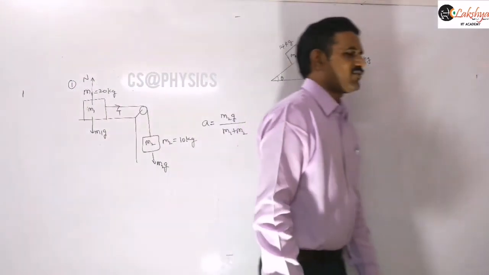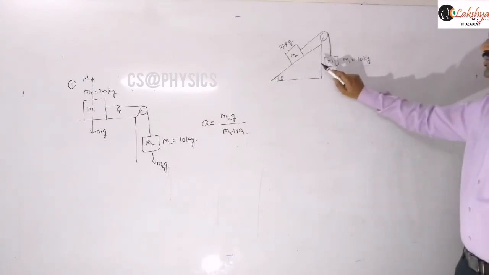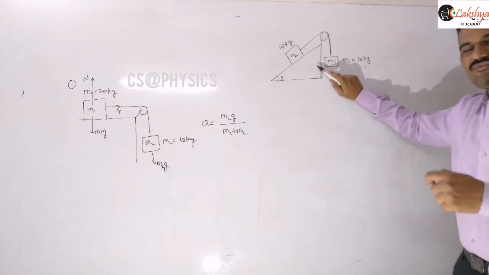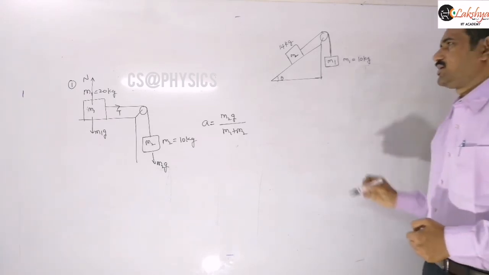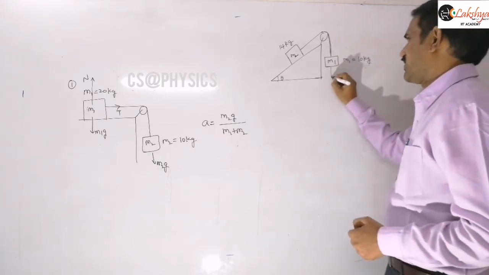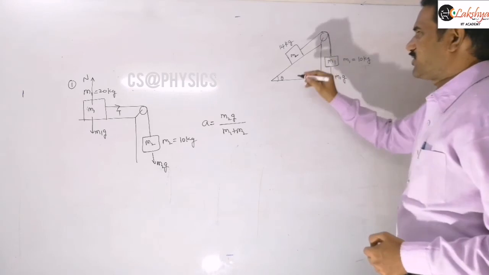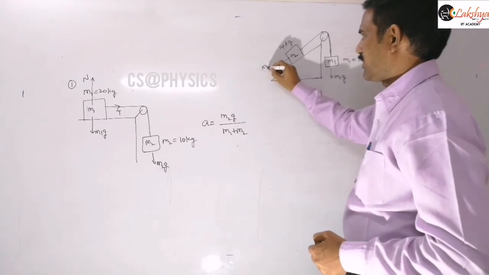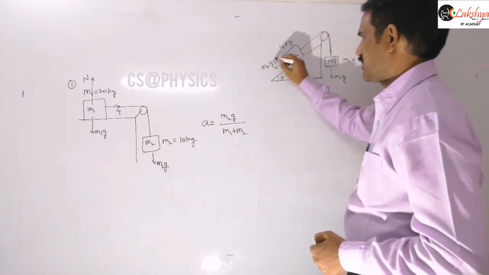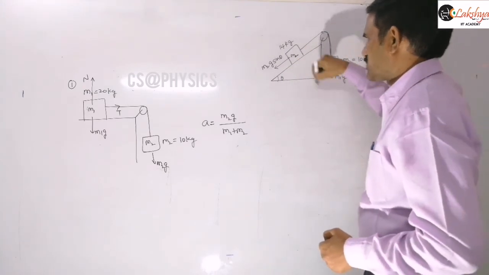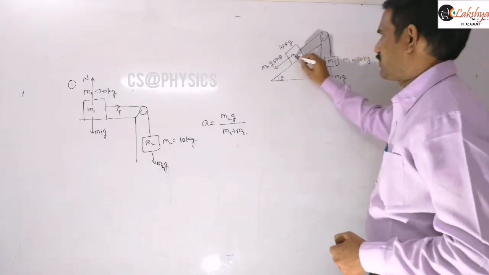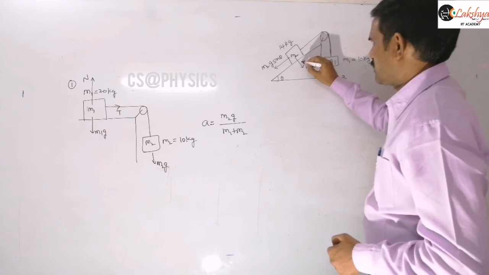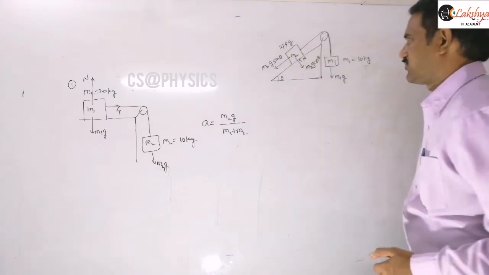Now similarly here, if we want to answer the acceleration directly, again identify which is the accelerating force and whether there is any opposing force or not. The weight of this block, M1G, is acting like this, and for the other block, the component of its weight, M2G sin theta, is along this direction, right? We know M2G cos theta is balanced by the normal reaction acting from the floor, right?